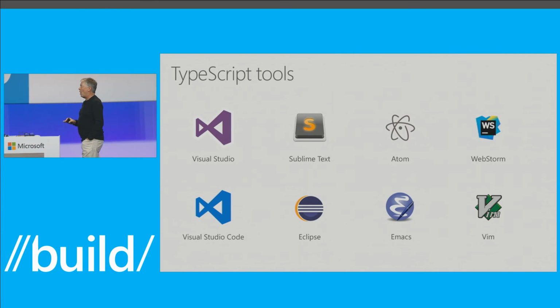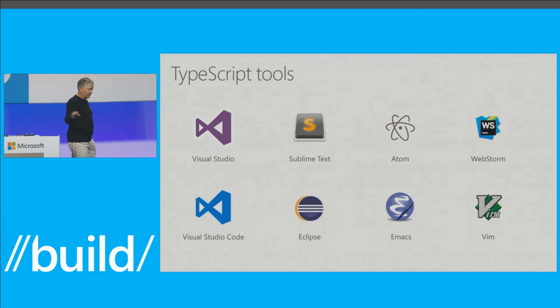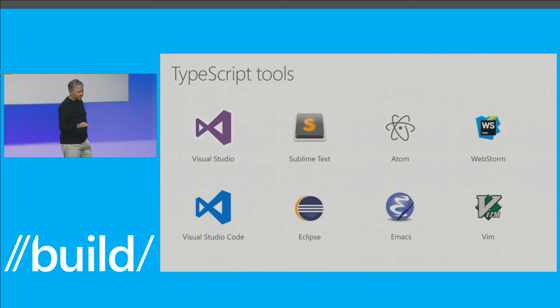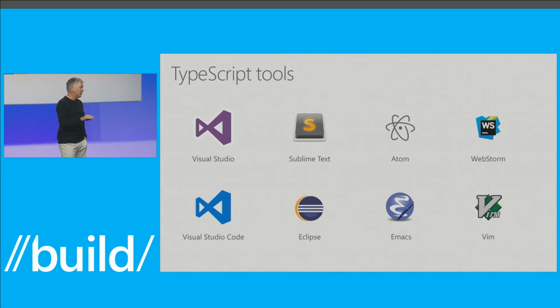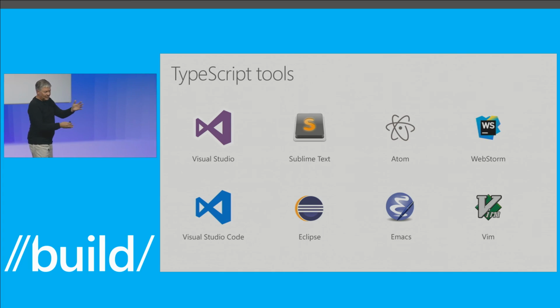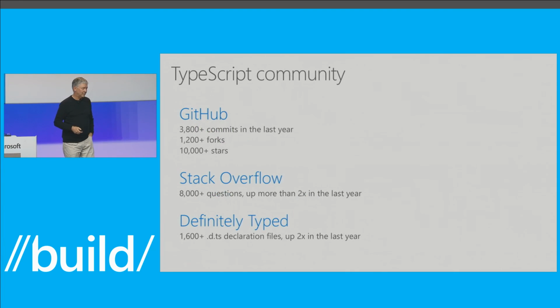I wanted to just briefly talk a little bit about what's happening in the ecosystem. You've seen me today demo Visual Studio Code. We obviously have all of the same support in Visual Studio. We have the same support in Sublime Text. Indeed, the very same language service is being used by an editor plugin in Sublime Text. And in Atom, the community has built a great plugin for the Atom editor. In fact, in some ways, it does more in some areas than ours. WebStorm has very nice support for TypeScript, as do Eclipse, Emacs, Vim, lots of tools. Whatever tool you like to use, you'll find that there's support for TypeScript.